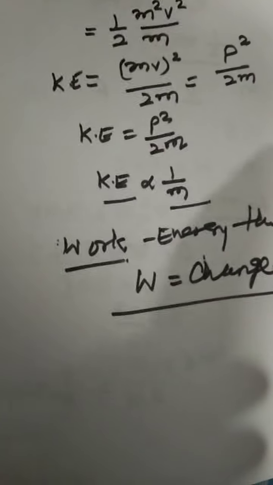So now we will prove this theorem. The proof is similar to the proof of the kinetic energy formula. For example, we have a body of mass m, initial velocity u, and then v. Why does the velocity of the body change from u to v? Because we applied force, and the displacement produced in the body is s, and the acceleration produced is a. Acceleration is produced here because we are not trying to stop it.